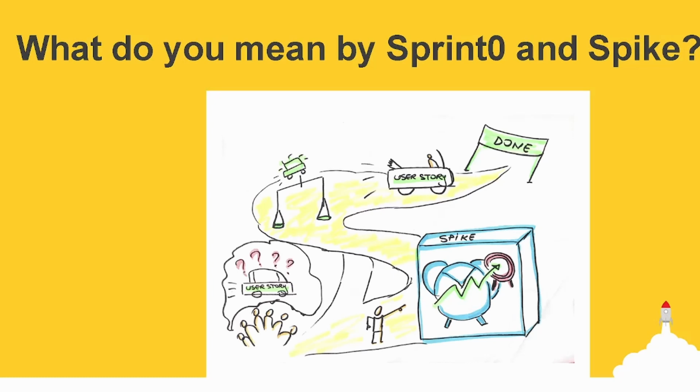The spike is a collection of activities that use extreme programming for research, design, investigation, prototyping, and other purposes. It tries to mitigate the technical approach risks by assisting with the acquisition of knowledge in order to better comprehend